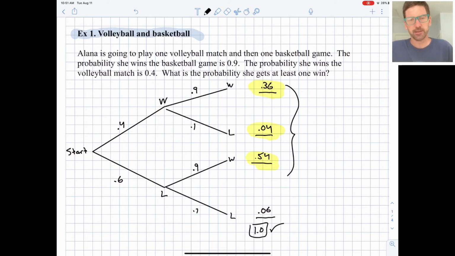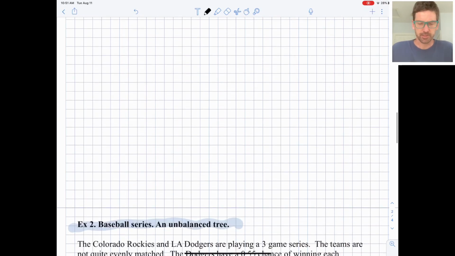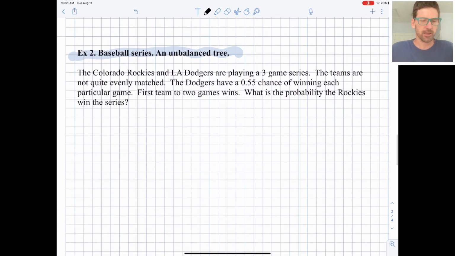And then we're going to add these 3 yellow guys together: 0.36 plus 0.04 plus 0.54. So that's a 0.94 or 94% chance she gets at least one win right there. So pretty likely. Okay. Next one, we're going to do a basketball scenario, and I call this an unbalanced tree